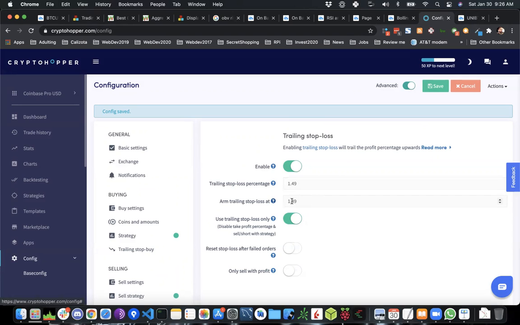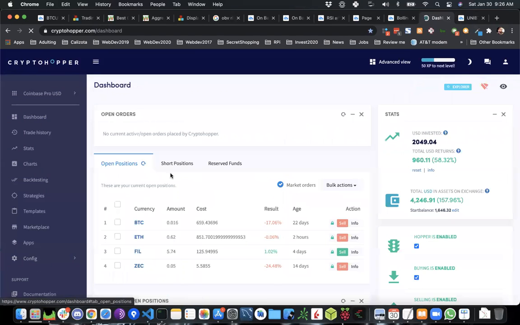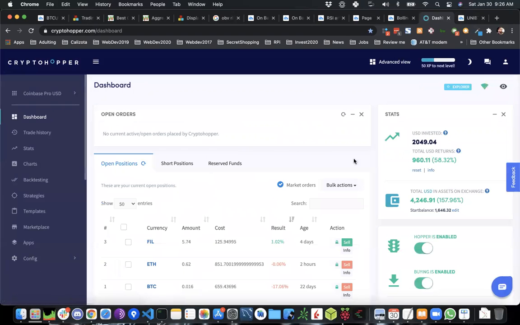This one's going to be 249. Save. And I'm just changing those because we just did that study a second ago, and I want to do it while I'm thinking about it. Anyway, so going back to the dashboard on Cryptohopper, since we're running out of time here,